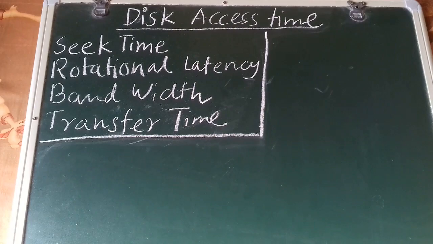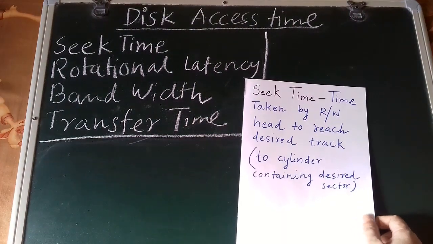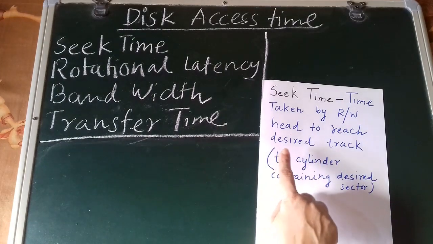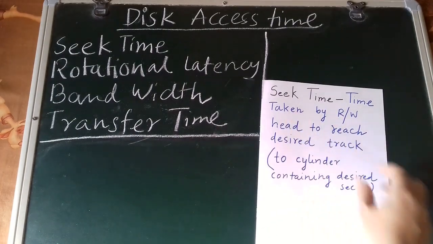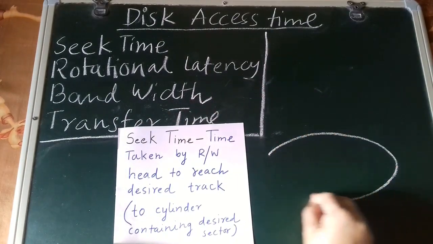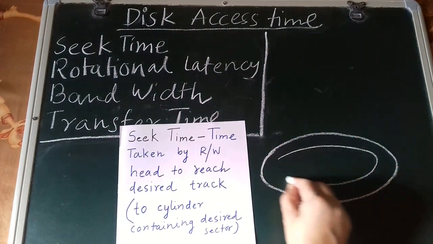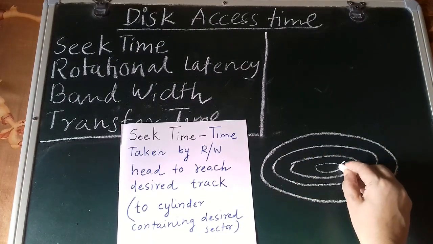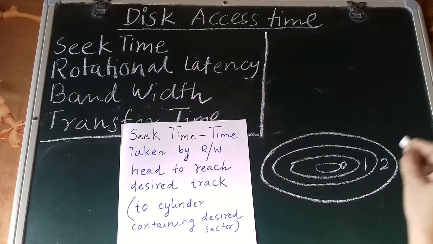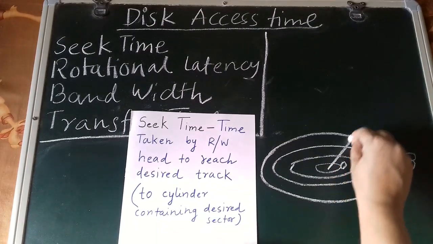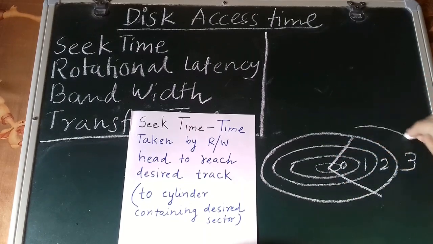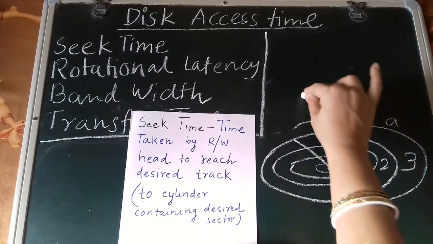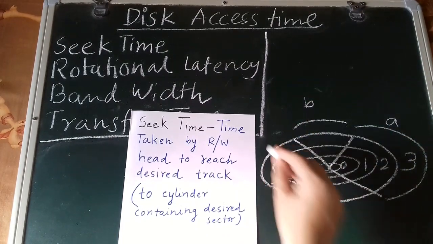So what is seek time? Seek time is nothing but the time taken by the read-write head to reach the desired track. We have already discussed this in the previous video. This is a platter and these are the tracks. So this is track 0, track 1, track 2, track 3, and this is the sector. So this full is a sector, this is the next sector. I can say this is sector A, this is sector B, like that I can have sectors C, D,